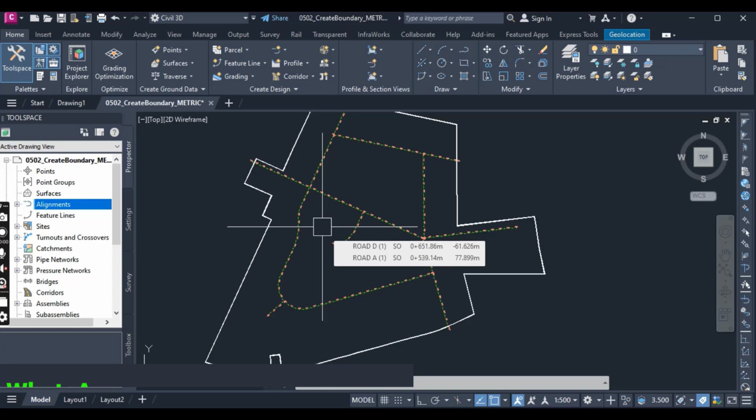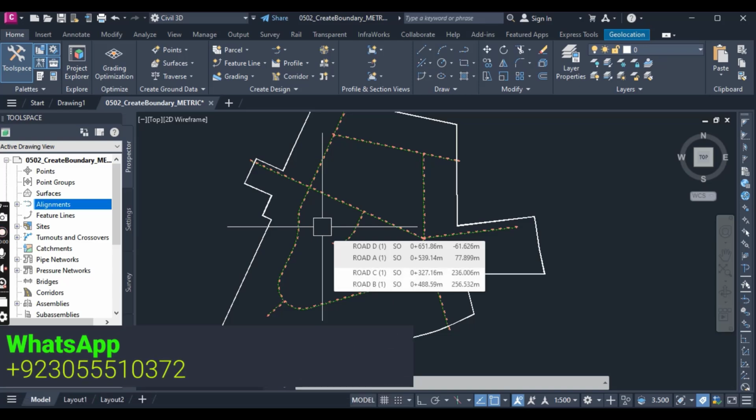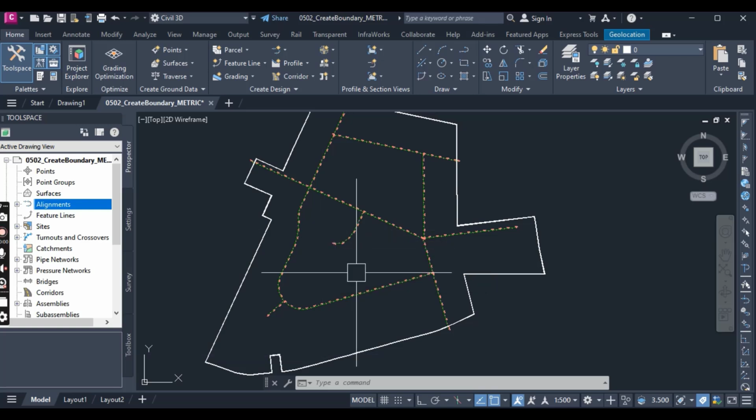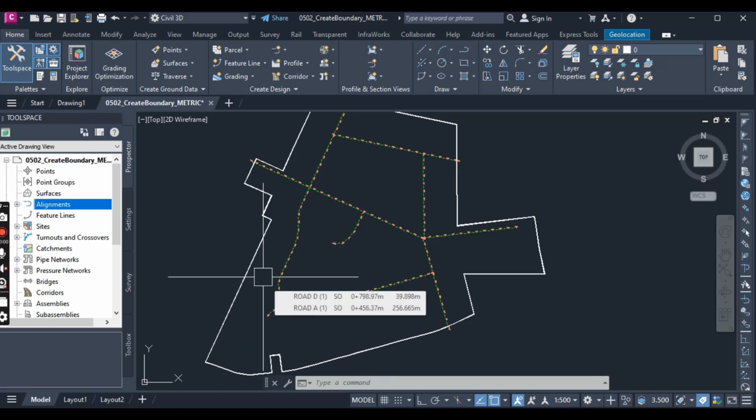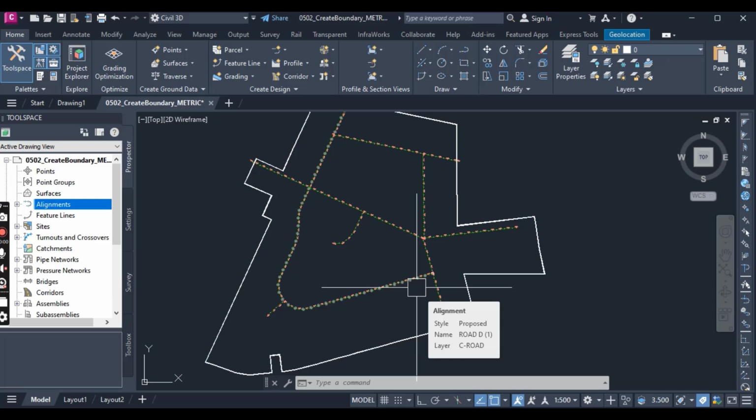Then you can see we have some alignments in the drawing which were created to use as roads, and one closed polyline also representing a boundary. Your boundary could also be composed of multiple lines and arcs, but for this example I already defined the boundary